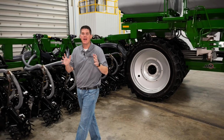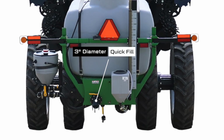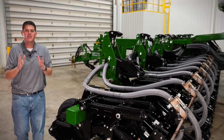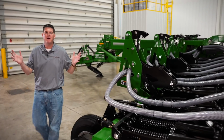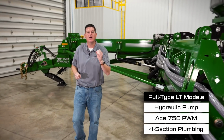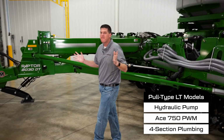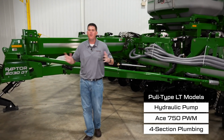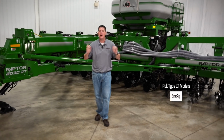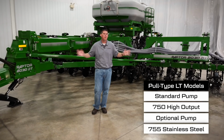At the rear of the tank, we have a standard 3-inch quick fill so you can quickly get back to the field, and we also have a standard manual tank agitation valve to keep the liquid product in proper suspension. The liquid fertilizer system is powered by a hydraulically operated ACE 750 PWM pump, and the toolbar features 4-section control for added versatility. For increased durability, we do have an optional ACE 755 stainless steel PWM pump available in lieu